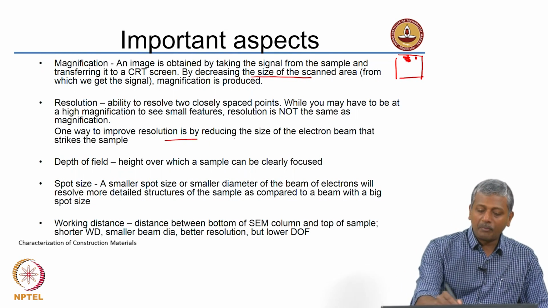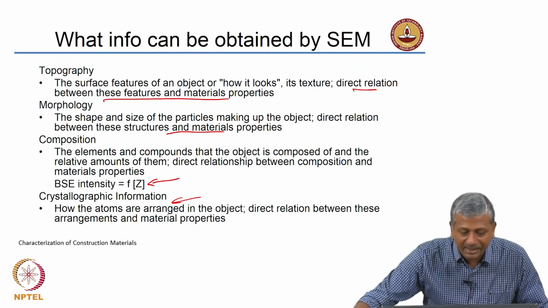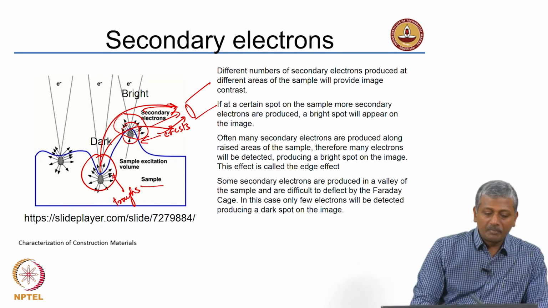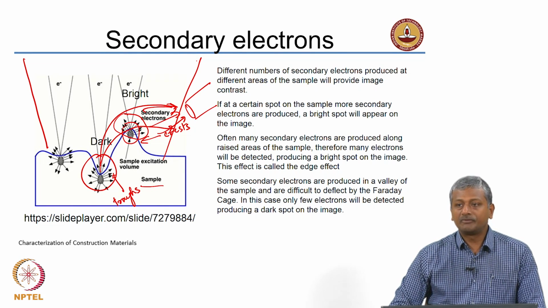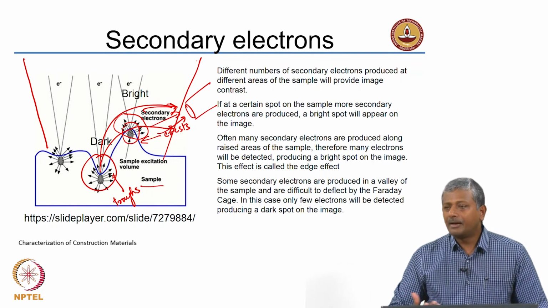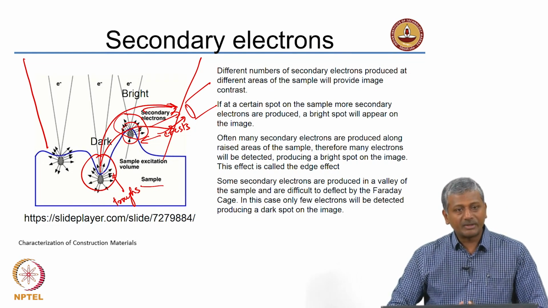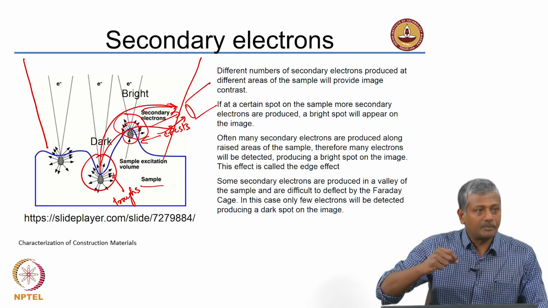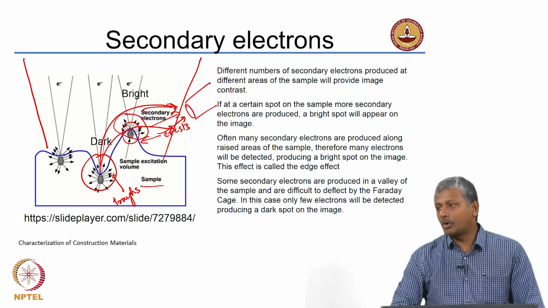Now, one important factor which governs the resolution is obviously the size of the electron beam. Let us go back to the secondary electron image that I showed you earlier. Here, if my electron beam was wide, if the diameter of the electron beam was even bigger than the relief features that I see on the object, I will not be able to make out these crests and troughs easily. To ensure that I pick up each and every individual point on the surface properly, I need an electron beam that has a small enough diameter. That small enough diameter will ensure that I am able to resolve very closely spaced points.